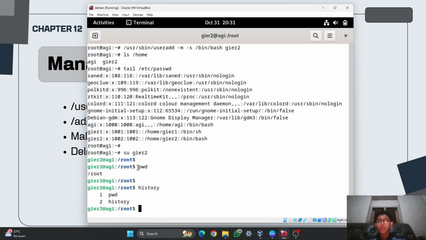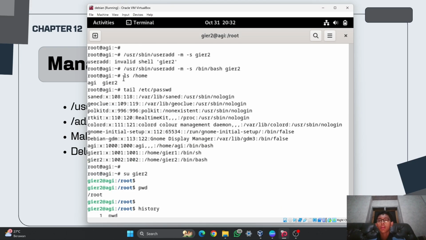For example, before I was using pwd and then history, and it's only showing the history of the commands that have been used in this user. And for this one, it is like ls home and then etc. I was using it on the root user.